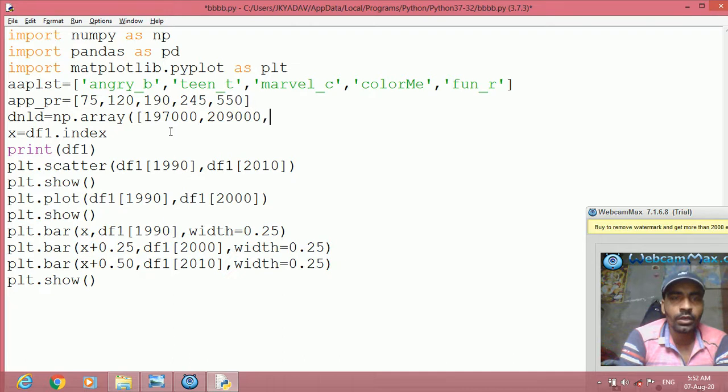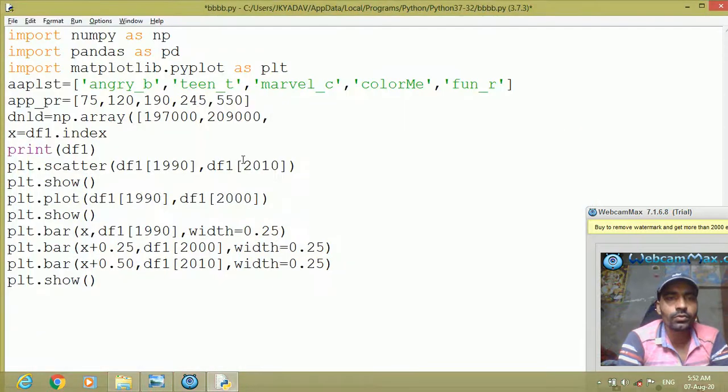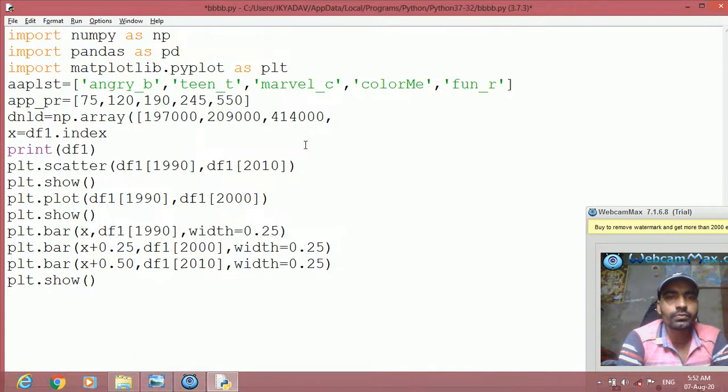Then other values 414,000, 196,000, then 272,000. Okay, 5 values are there. Then close, the array is created.